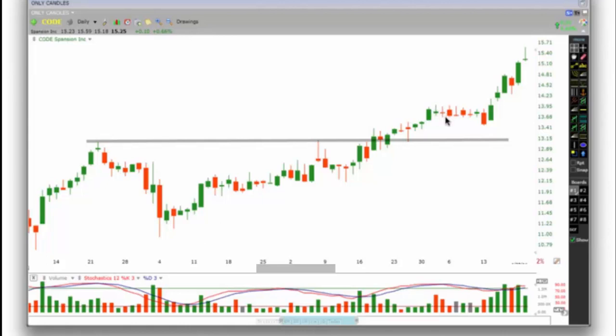Right at this level we are seeing some doji, spinning top, inverted hammer, spinning top, inverted hammer, doji, a series of indecision here. Right at this level the bears and the bulls are fighting, but there is sideways movement. After the doji we have a red candle. This tells us the bulls are giving up and the bears are taking the price down. This will be a sell-off day.